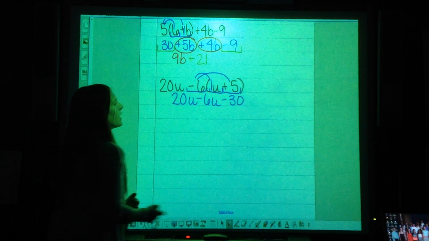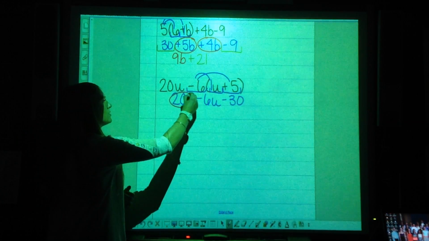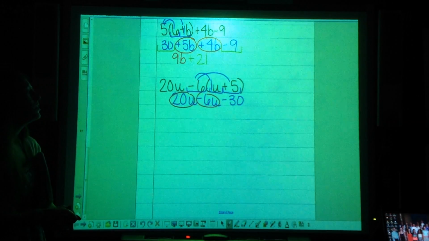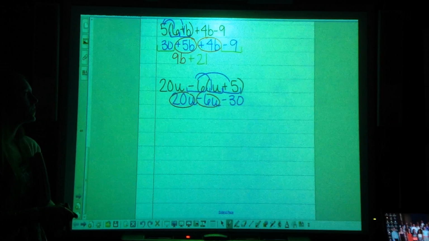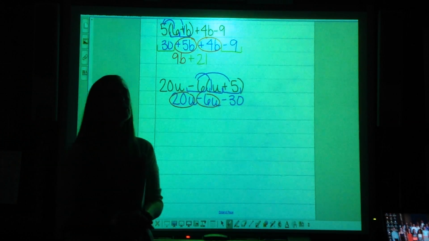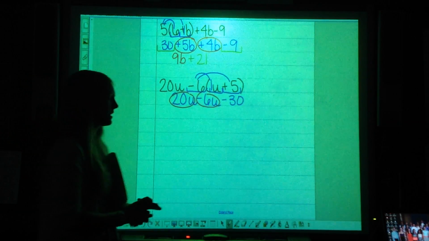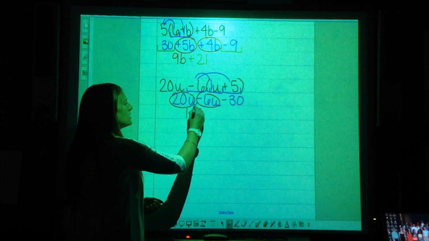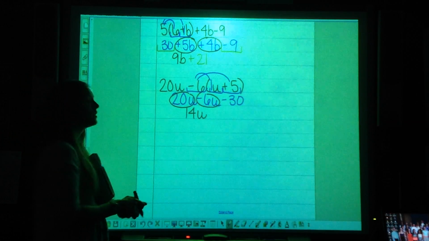Now I need to identify my like terms. Like terms are variables raised to the same power. So here I have 2 u's that are like terms. That negative 30 does not have any like terms. I'm just going to leave it for now. 20 minus 6 is 14u. Again, now that